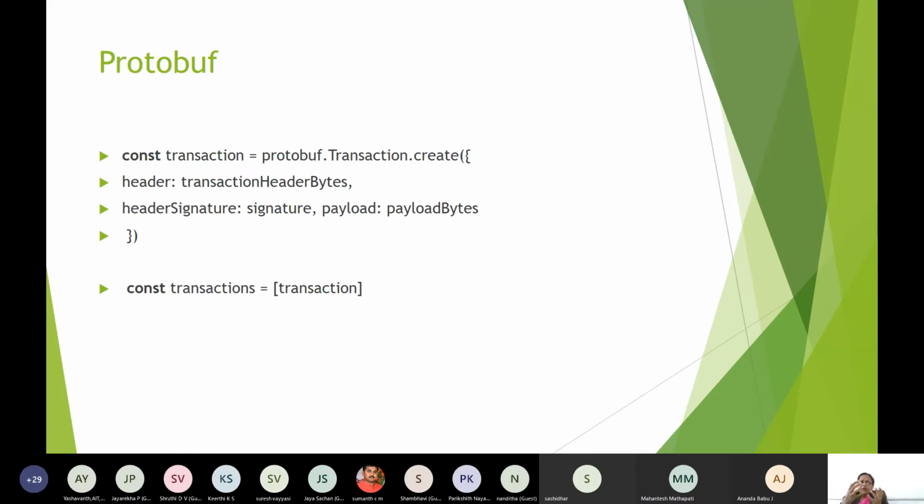Our whole scenario concentrates only on preparing these three fields, the transaction structure, when the client submits the transaction. Then these transactions go into a batch, and the same things repeat there.